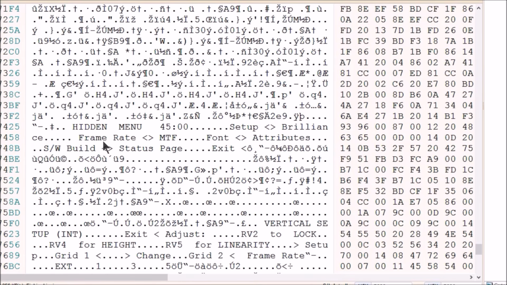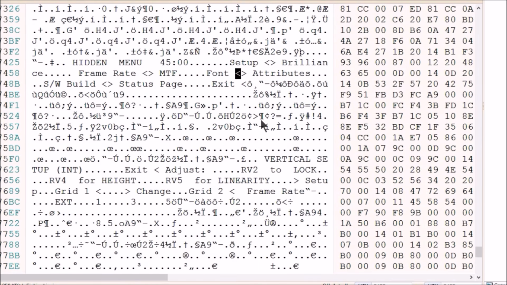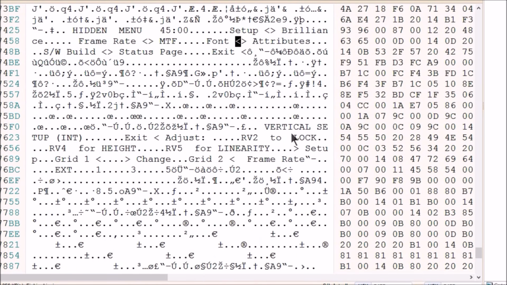And we can see another interesting thing. We have also a hidden menu. We can see references to some trimmers here. So it seems that we have an adjustment menu.